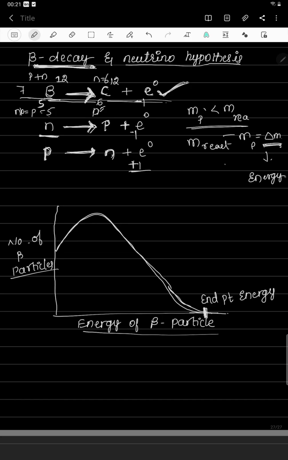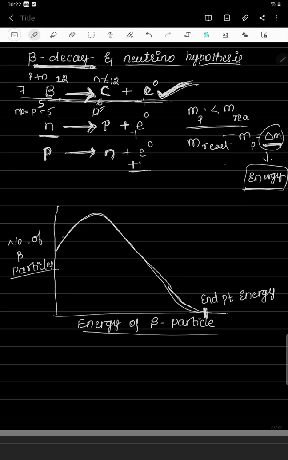So this is converted into energy. The difference in mass between the reactant and the product gets converted into energy, and this energy comes out with the beta particle. All the energy liberated during this reaction comes out with the beta particle, because the carbon is the heavier one and cannot take that much energy. The electron, being the very light one, carries the maximum energy converted from the mass defect, and that comes out with the beta particle.